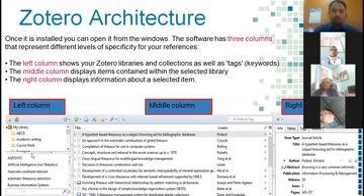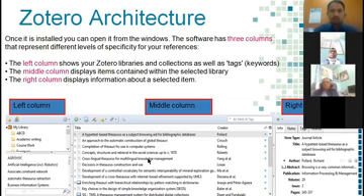In the left column, you can create collections of different topics as per your requirement. You can create a group of people, and this is the place where you can sort the resources based on keyword. Now let us come to the middle panel.